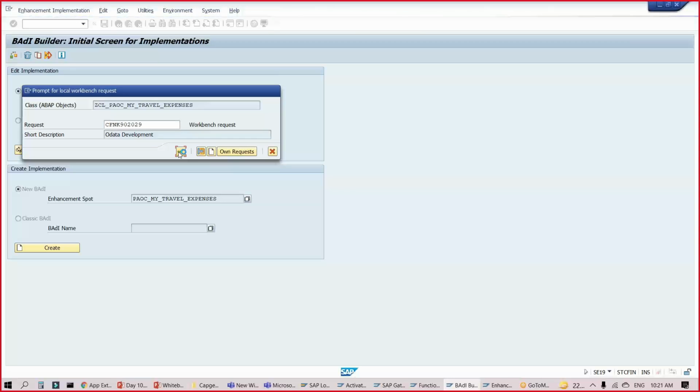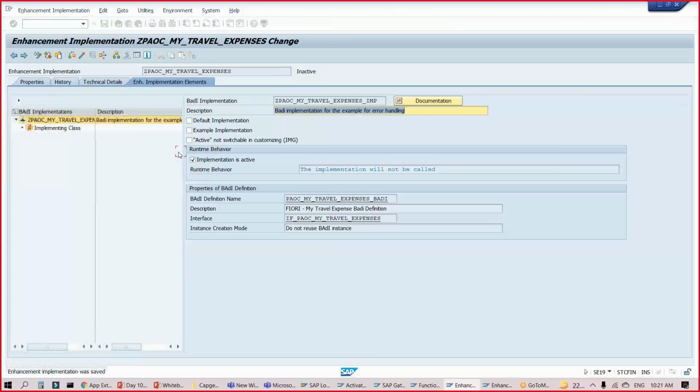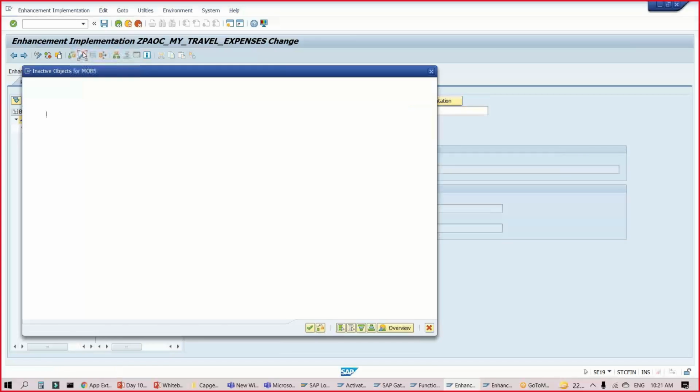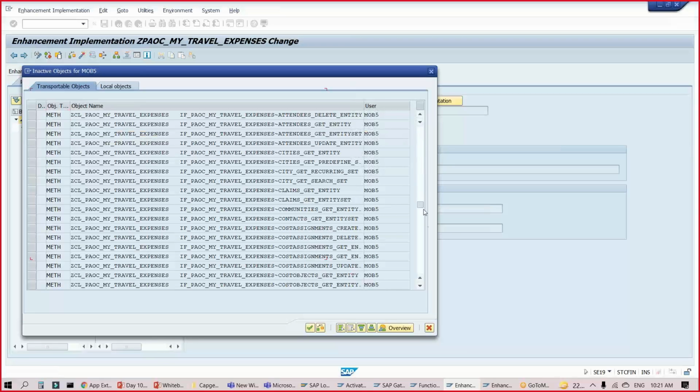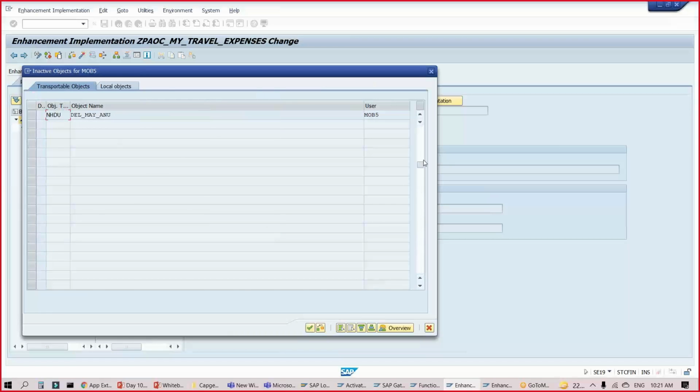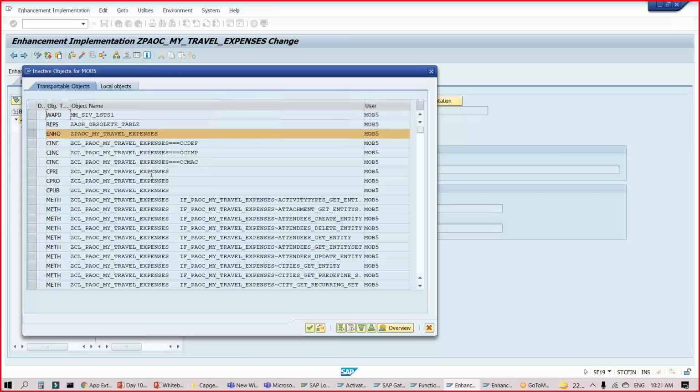In this case, it will copy the implementation from the sample class, so I will know in what format we are propagating or sending the data to the front end. You can see now an implementing class has been created and the body implementation is ready. Maybe we have to also activate the body implementation. So let me activate this. And you see it has also created all the class methods by making a copy. I think we have to activate all of that first to begin with.